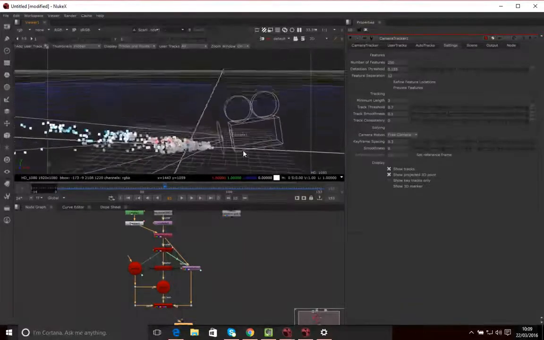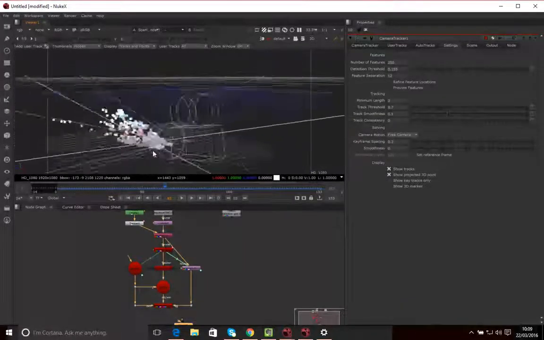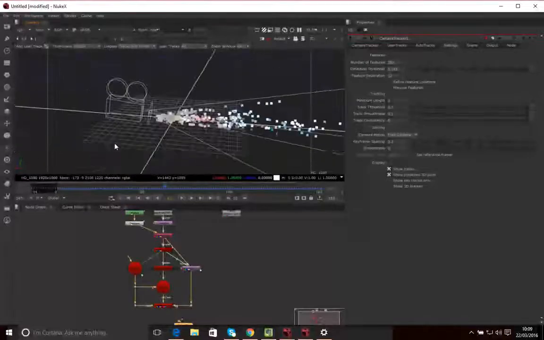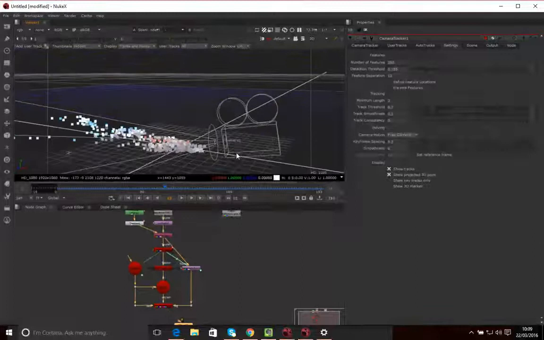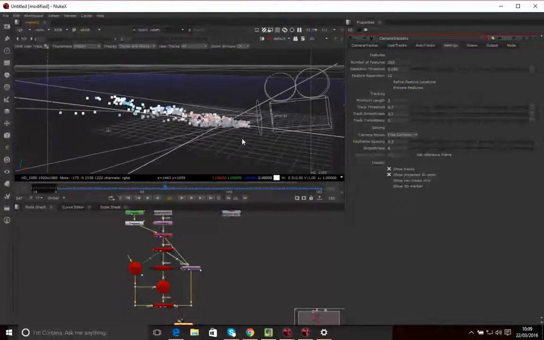So now we've got a scene that is laid out, at least in terms of its orientation, maybe not the scale, in some way that is similar to how the actual scene that we shot was laid out in real life. And we can also check the track